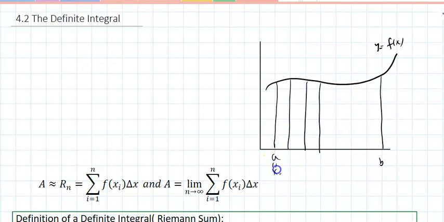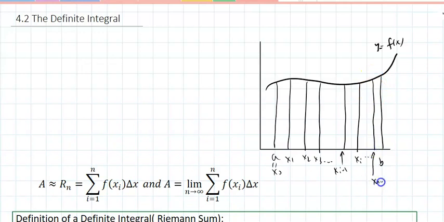So I'll call this x sub 0, I'll call this x sub 1, x sub 2, x sub 3. Now in there somewhere, there is the ith. That's x sub i minus 1, that is x sub i, and it continues on. And this last is x sub n minus 1, and we call b x sub n. So we start with x sub 0 and terminate on x sub n, where we have n subintervals. And we say area is going to equal roughly